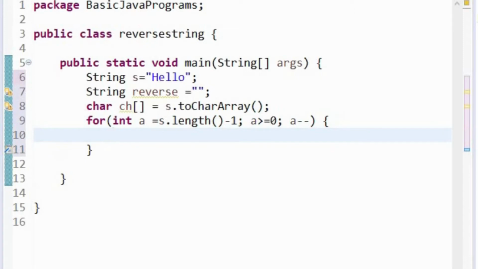Okay, so we will say reverse is equal to reverse plus character at a. Okay,